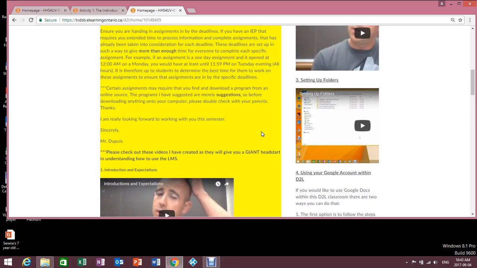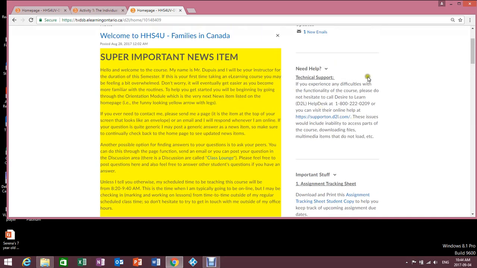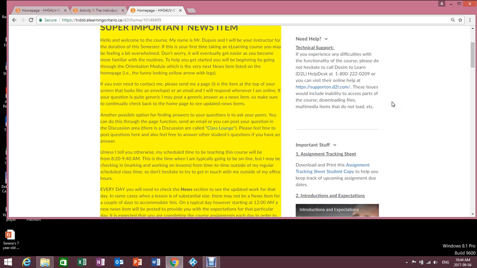Some other things to look at. Make sure you are seeing this one here. If you need any technical support, any help on things that are more technologically based, my computer's crashed, I don't know how to use this file, I'm having a technical glitch, those are not things that I'm going to be able to help you with. That's what these people are for. You can see there's a link to their actual support, or you can call them directly, and I've called them at some weird hours and they've always been able to answer the phone and help me. So anytime's good. That's where you can ask for those sorts of things.